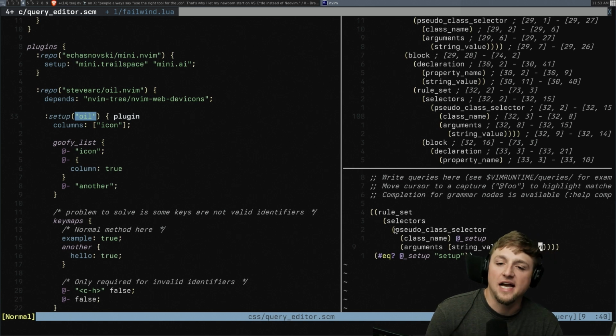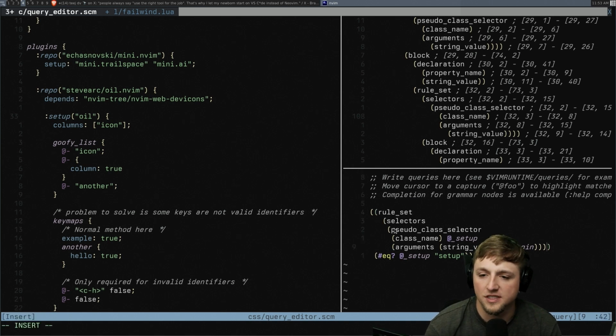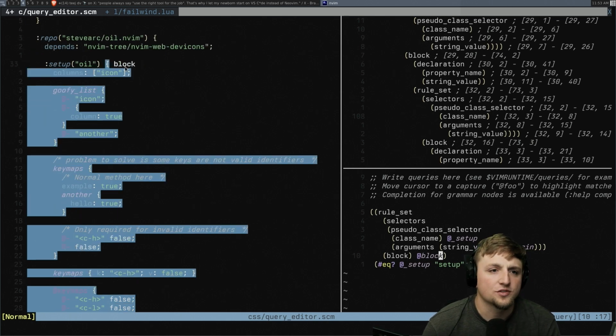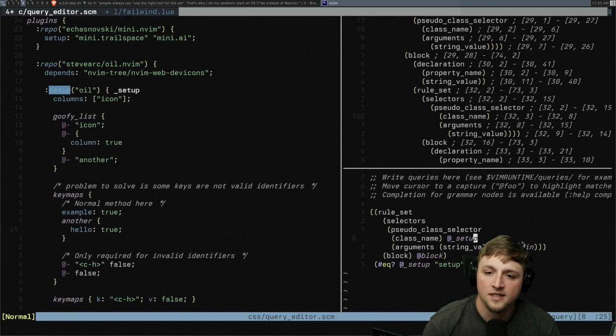And now we have the actual rule set here. We can go here and go. Then it should just be a block. At block. Yep. And that should be right here. Cool. So this is what we're going to iterate over to fold and get everything working. So when we yoink